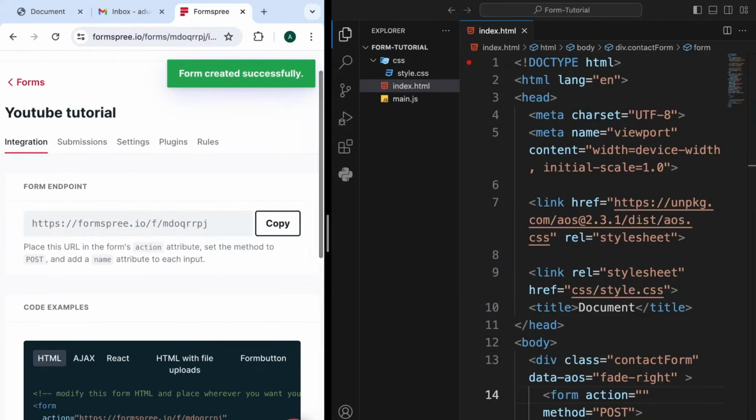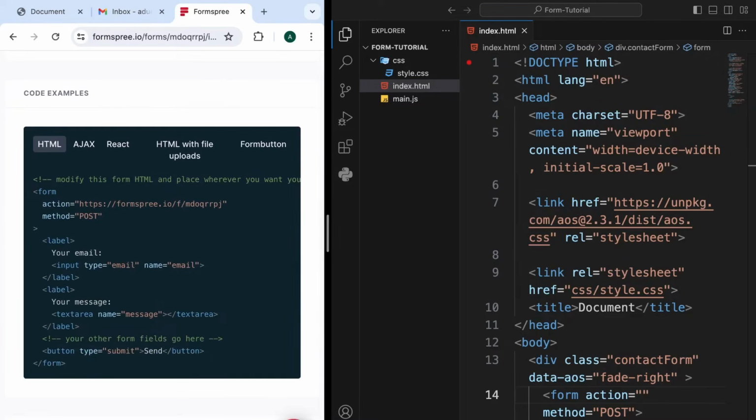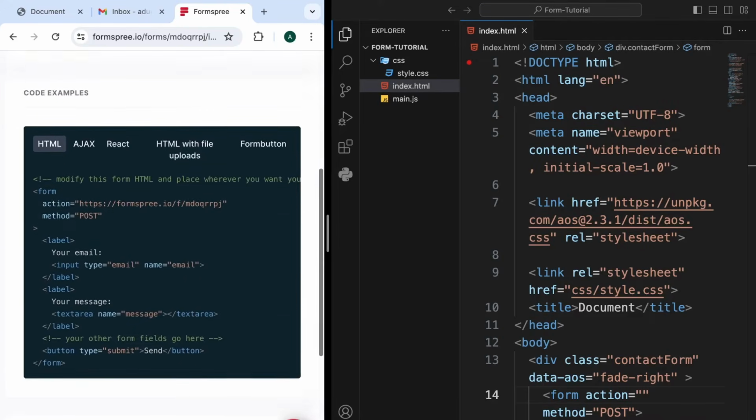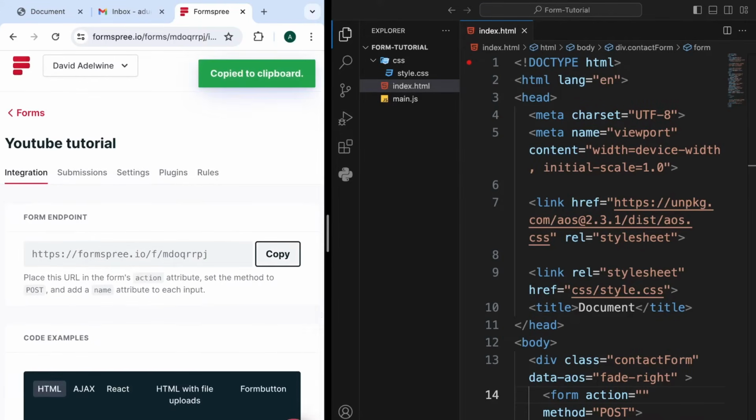The instructions here are very clear. This is the form endpoint. This is what you place in the action attribute, and then all you have to do is set the method to post and add a name attribute to each input. Each input should have a name value that corresponds to the type of input that it is. All right, so now we want to copy the form endpoint